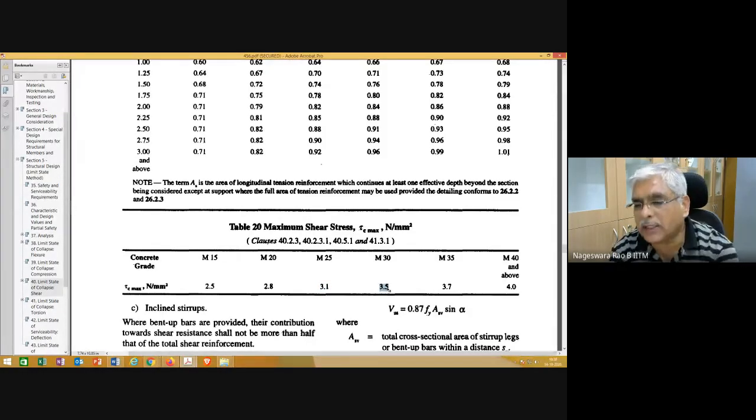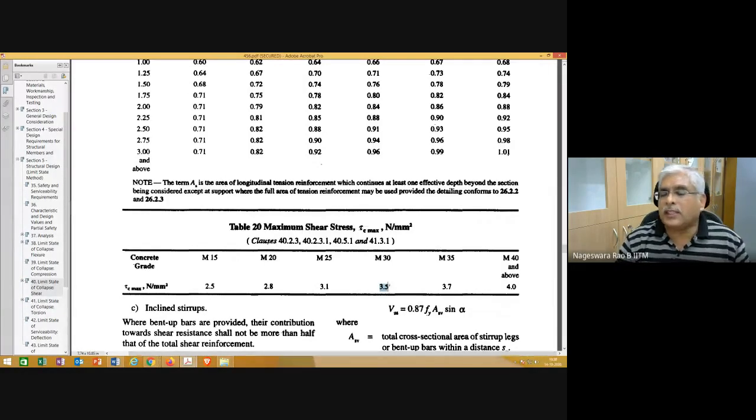What could be the reason for this? The reason is that shear failure is going to be catastrophic. It's going to be a sudden failure. So to avoid taking such risks, the code is putting a ceiling for a particular grade of concrete. Even if you provide shear reinforcement, for beams, please note that this is for beams,